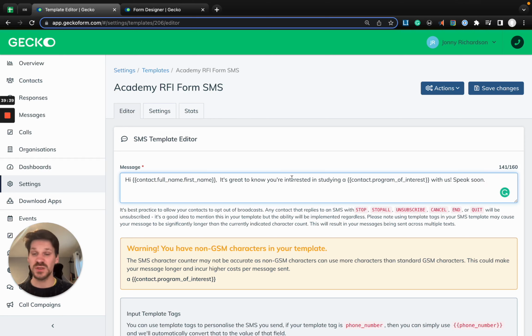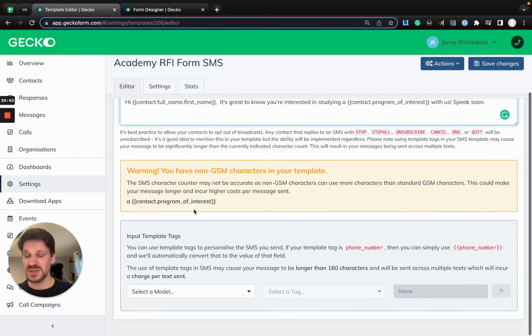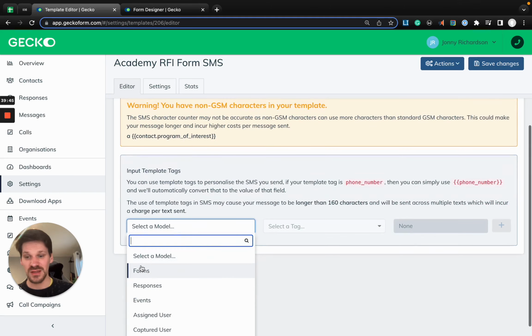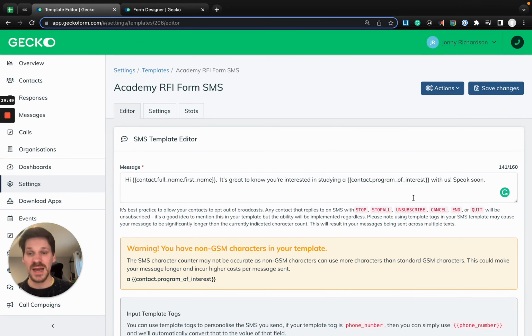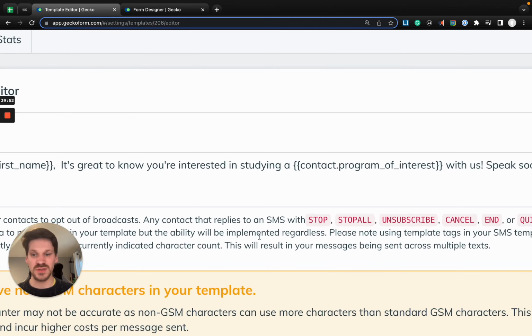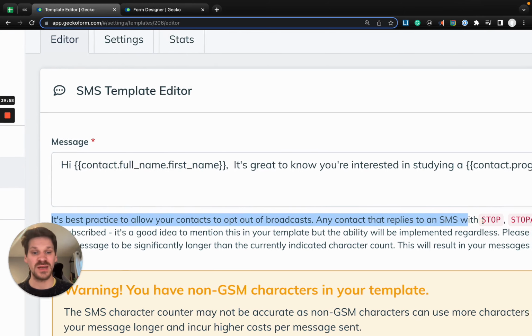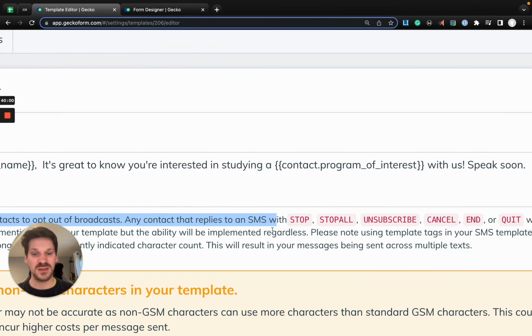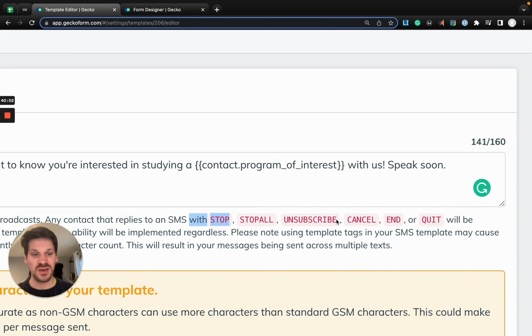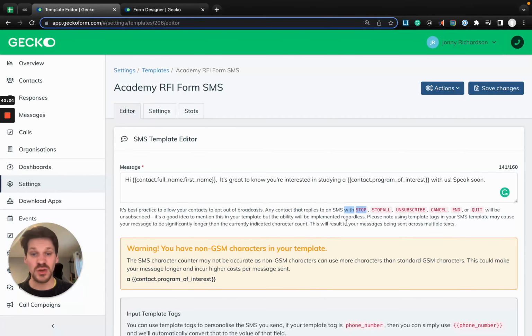But we do also support emojis and GIFs in the SMS templates. And so too, exactly the same as the email, you can use the contact mail merge tag builder right down here. Now, an interesting thing that this throws up, because the eagle-eyed of you will have noticed that we've got the description text here. It's best practice to allow your contacts to opt out of any messages. So any contact that replies with these keywords will be unsubscribed, and it's a good idea to mention this in the template. So we could say stop